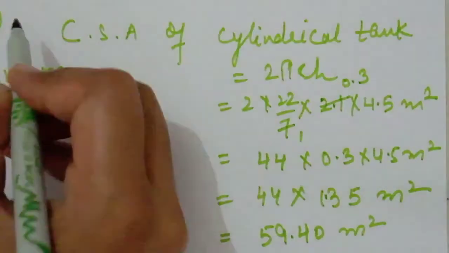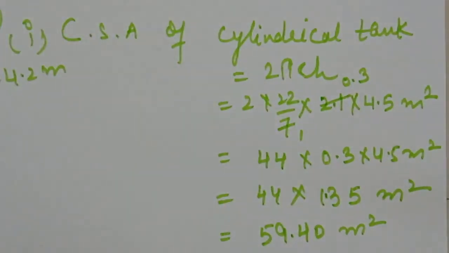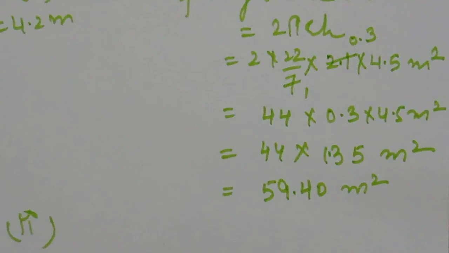This is the first part of the question, and the second part of the question, he said, how much total steel was actually used if 1/12 of the steel actually used was wasted in making the tank. He said we have to find out how much steel we bought from the market, how much steel was actually used. It means the total steel used in making the tank and in its wastage, we have to find that total steel. So let